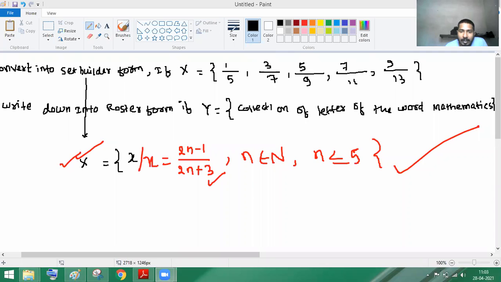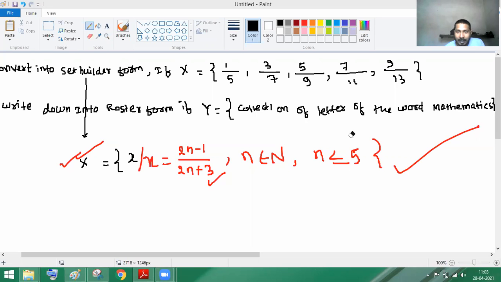No, sir. The numerator was correct, 2n minus 1 was correct. But then I wrote 2n plus 1 there. Then I thought I should first try with the AP. With the AP I got 3 plus 2n. Wait. If you try with the AP now, you will get the 100% right answer. You don't have to even think about the other. Okay, I'll try with the AP.